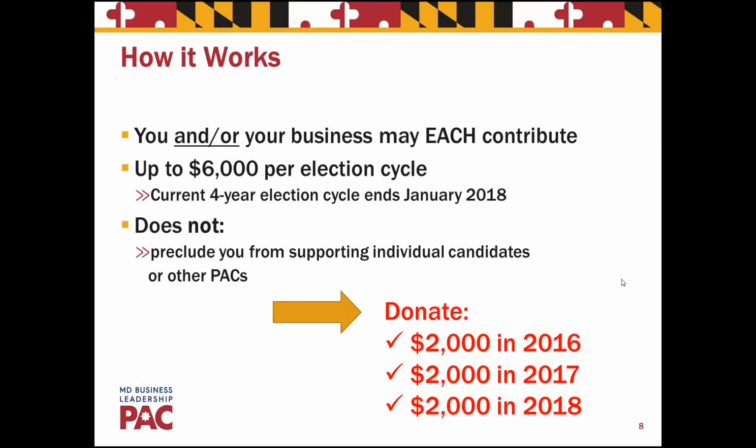And so if someone were to max out their $6,000 starting today, a great way to do it is to divide it up: 2,000 this year, 2,000 next year, and then 2,000 in 2018. A lot of people just do a $6,000 check right off the top. But one of the things we want to tell all of you on the phone today is any amount of a contribution that's going to help work for good, solid policy in the legislature is very much appreciated. If you can't do the full 6,000, anything you can do is wonderful.